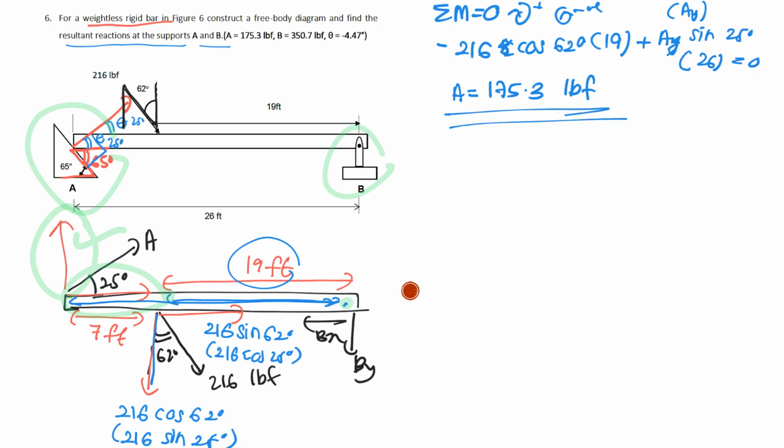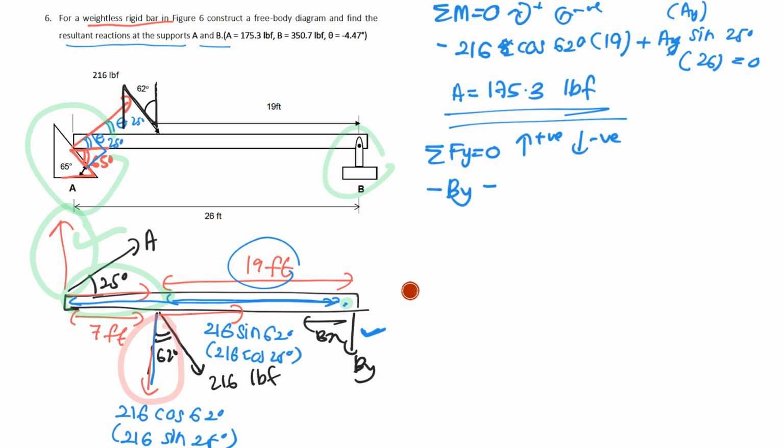Okay, so you already find the one unknown. Now you need to find the BY and the BX, the hinge values. So you are going to put that as a sum of Fy equals to 0. Only focus on the force, which I assume upward is positive, downward is negative. So my BY, I assume here I get negative because it's downward, negative BY. Doesn't have to multiply with the level arm. Minus